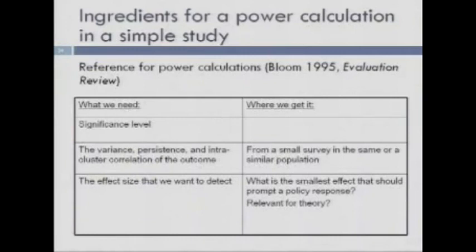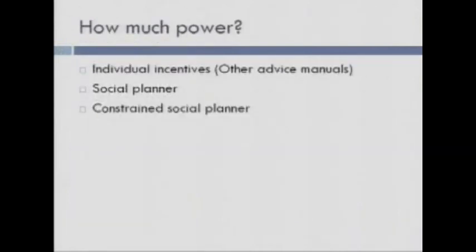Sorry, let me say one other reason why the advice manuals might be right. There's a huge ingredient in the cost of doing a study, which is not typically budgeted, which is the researcher time. So if you think there's a huge fixed cost of researcher time, then that somewhat goes against my argument earlier that there's a declining marginal value of additional observations rather than some magical threshold where the study is worth doing and not. So, if you're only going to be able to have 4 data points, don't do the study because your own time is too valuable.